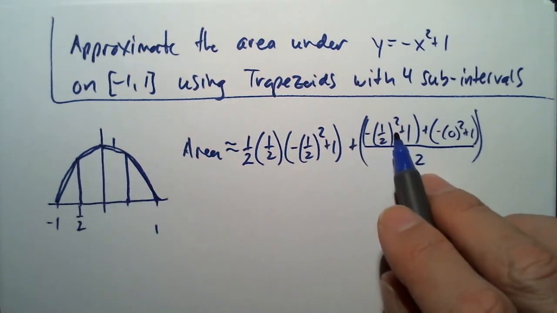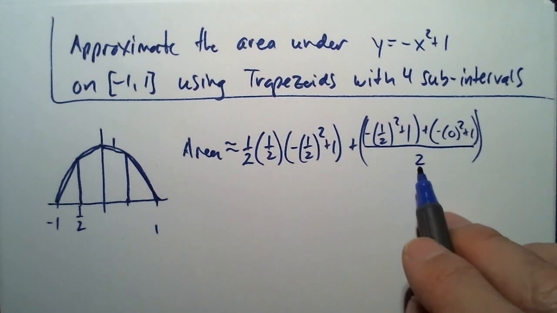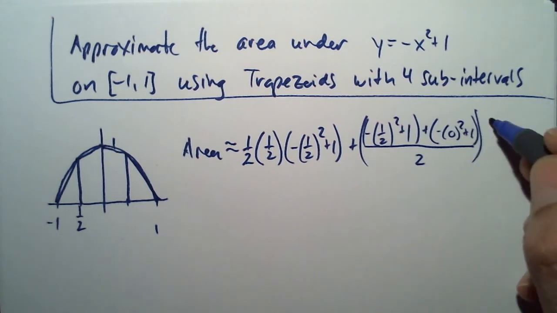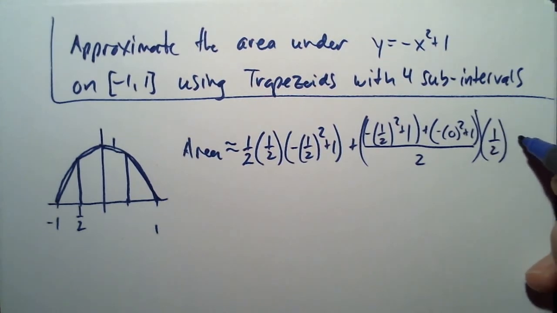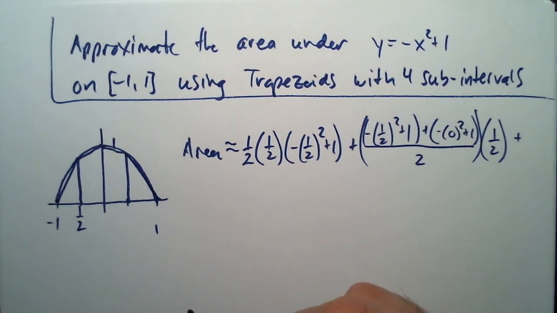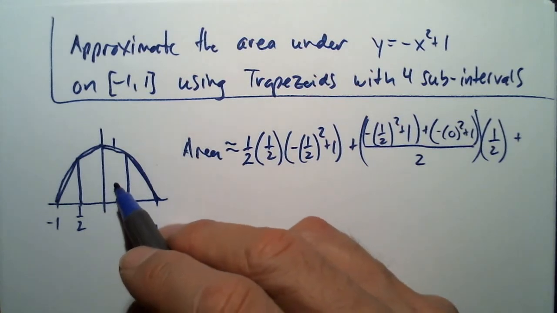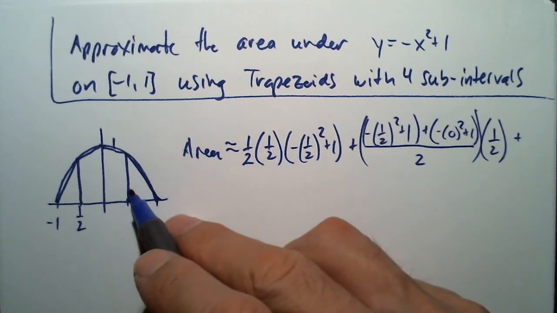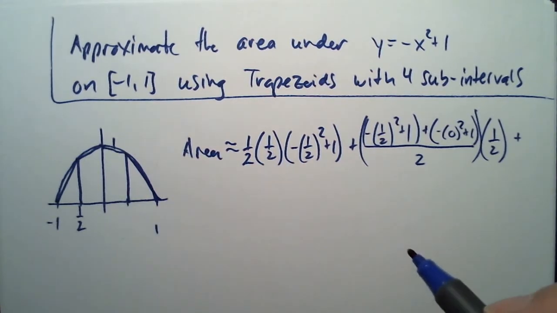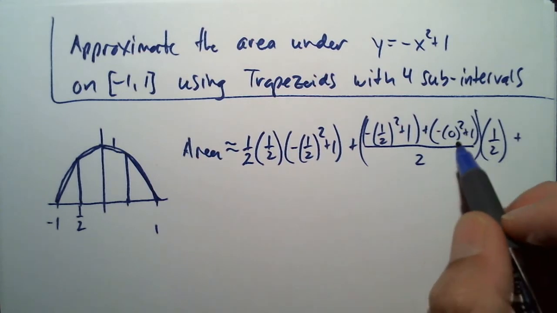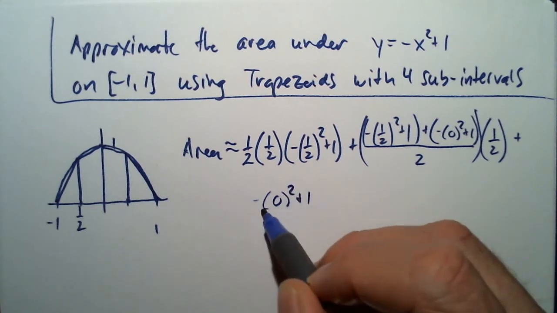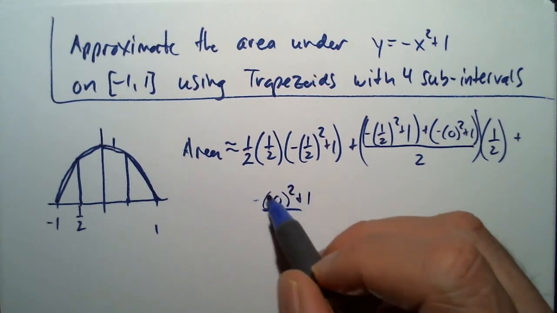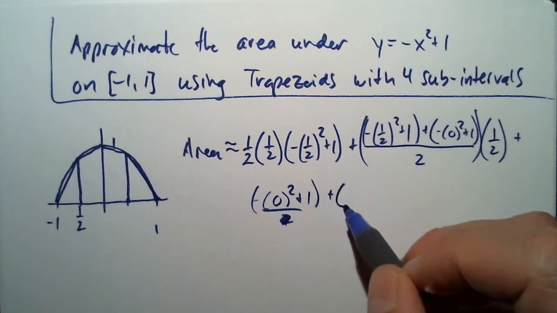That's height on the left, height on the right, divided by 2 to find the mean, and then we'll multiply it by the base. We're going to do that again for this, and then this will be over here. So we have plus, do that again. It's going to be negative 0 squared plus 1 over 2, not over 2 yet, plus